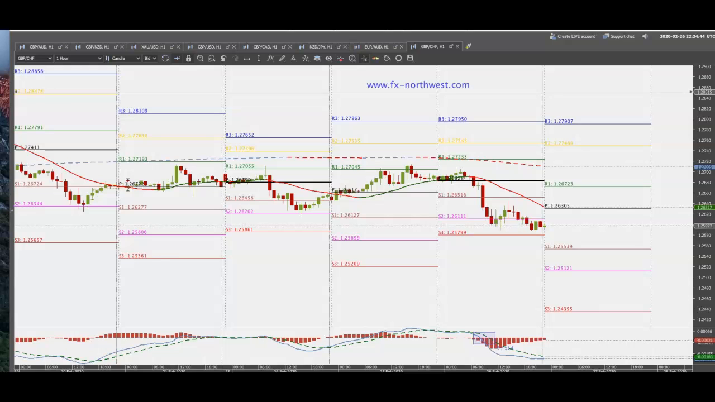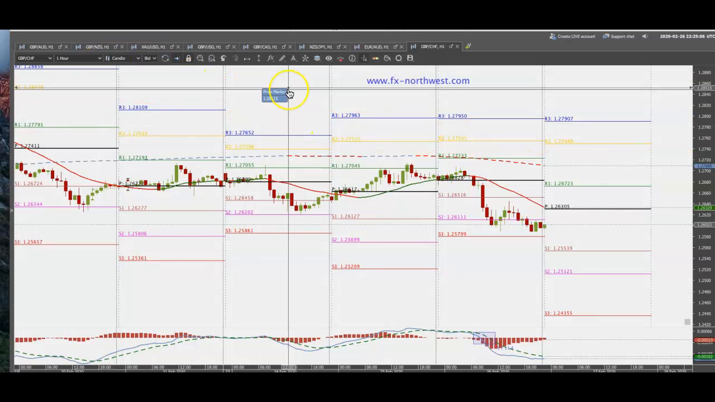I received quite a few emails asking how to clarify how to trade with pivot points, so I'm just going to go over a few things. We're going to start with the trades that were taken today, on the 26th. And I chose the pound because